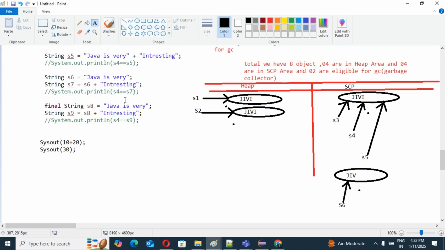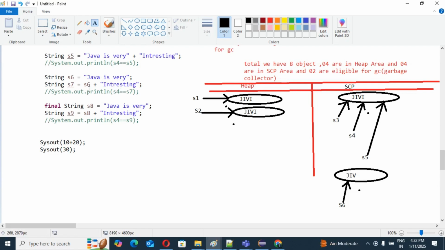Then S6 is what? "Java is very", and plus "interesting".